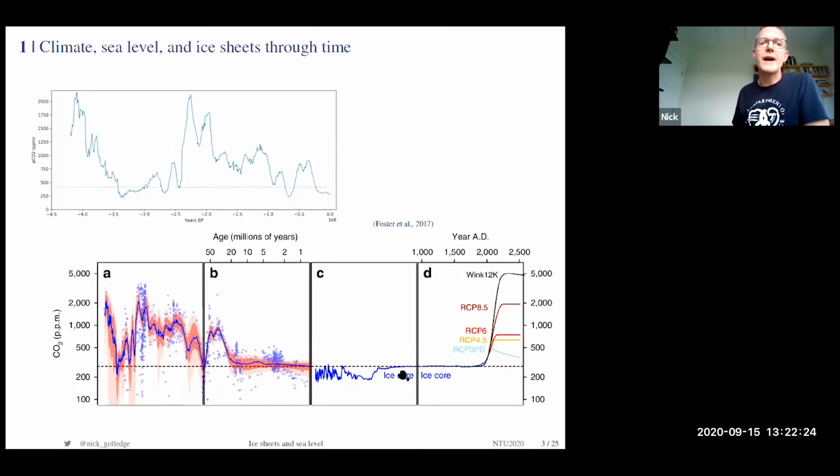Basically, the y-axis is a log scale, and the x-axis is chunked up into different bits. So we're going from hundreds of millions of years in A through to a few million years in B, and then getting to shorter time frames. But the reason for showing this is to show how CO2 variations in the past